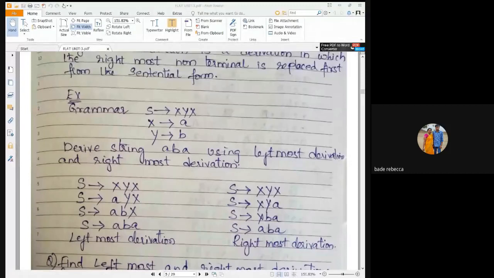After derivation of the grammar, writing all the derivative part, that is from the start symbol to the last string which we get. For example, in this grammar, we have to derive ABA using the rules given in the grammar. Initially we are starting with S implies XYX. Now in the sentential form, we write S implies XYX, implies AYX, implies ABX, implies ABA. Did you notice this one? Are you here?